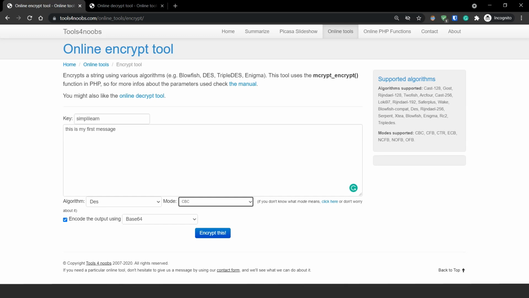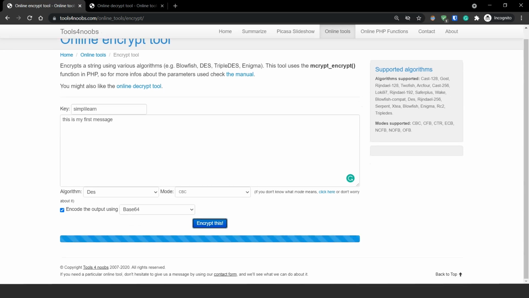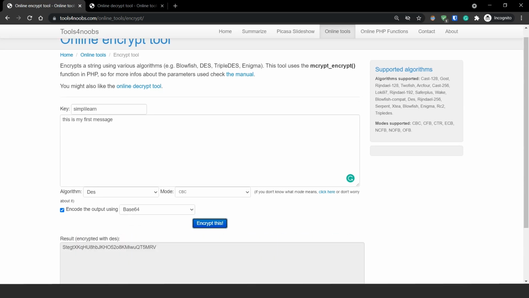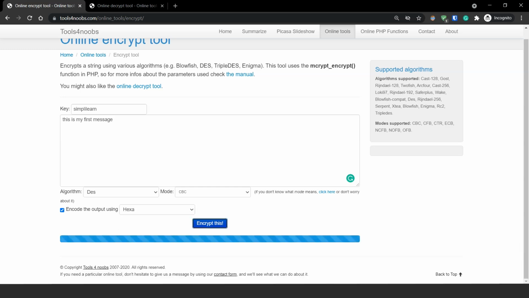Regarding the manner of displaying binary information, we have 2 options here. We can either go with base 64 or the hexadecimal format. Let's go with base 64 right now. As you can see, the ciphertext is readily available. Base 64 is a little more efficient than hex, so we will be getting a smaller ciphertext when it comes to base 64.